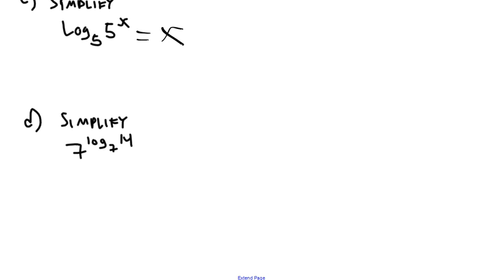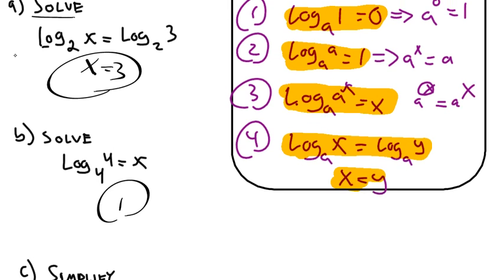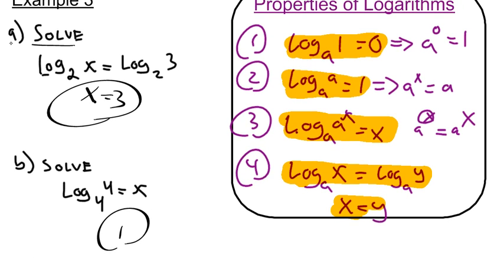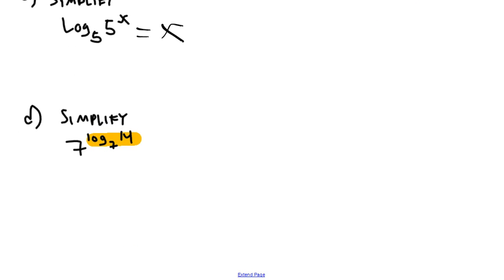Now, part D, we'll get a little tricky here. What is 7 to the power of, so this whole thing right here is an exponent, what is 7 to the power of log base 7 of 14? Well, we really didn't write an explicit rule, but maybe we could just think about this intuitively. Listen, if our base of our exponent right here,